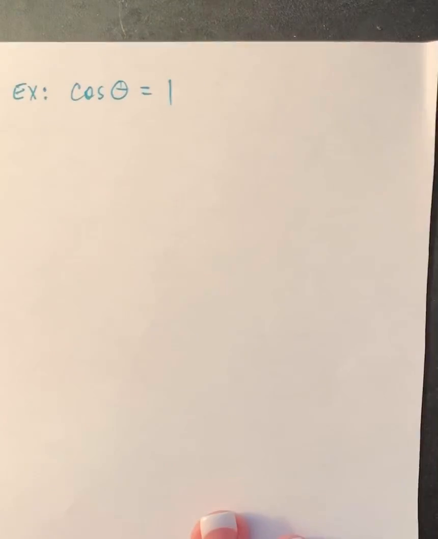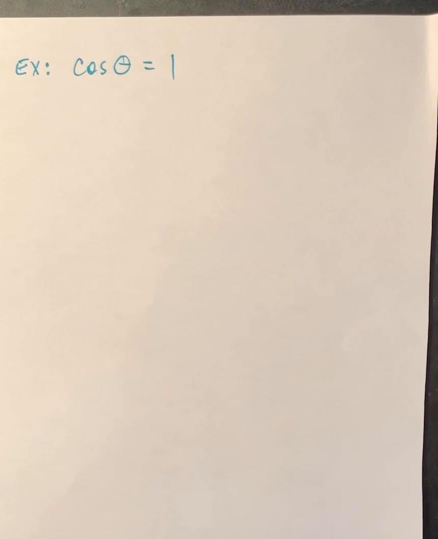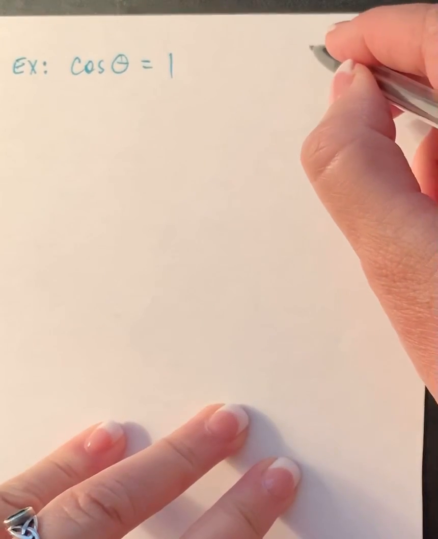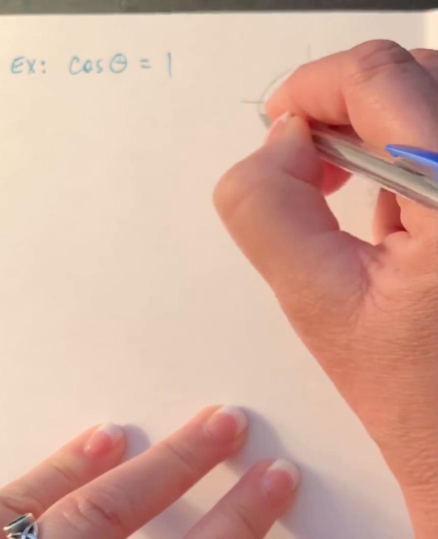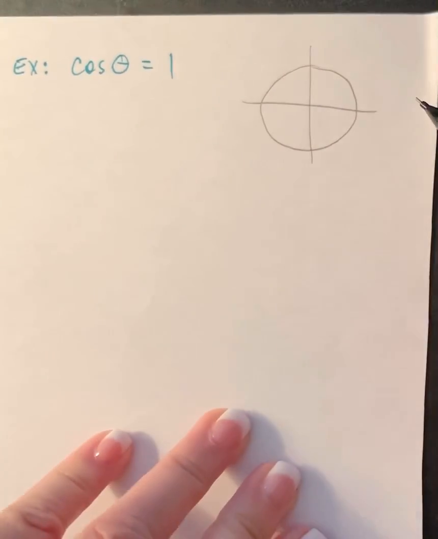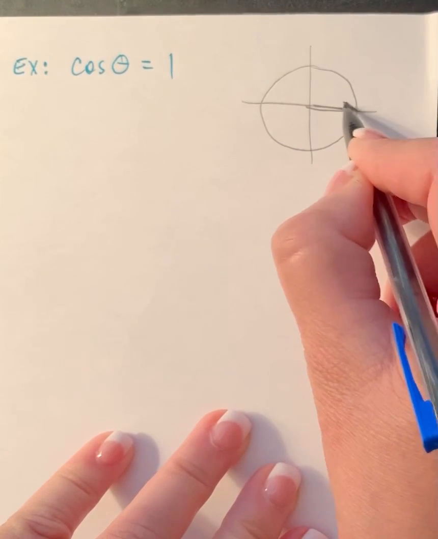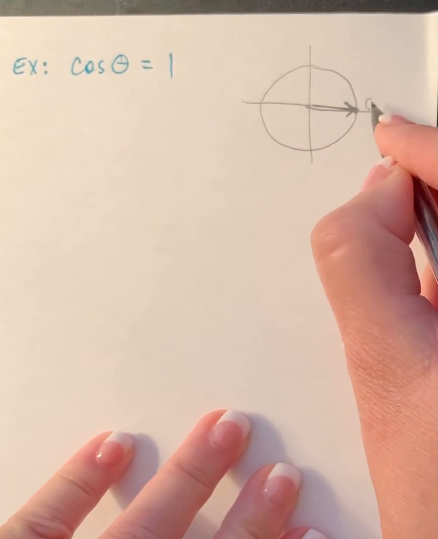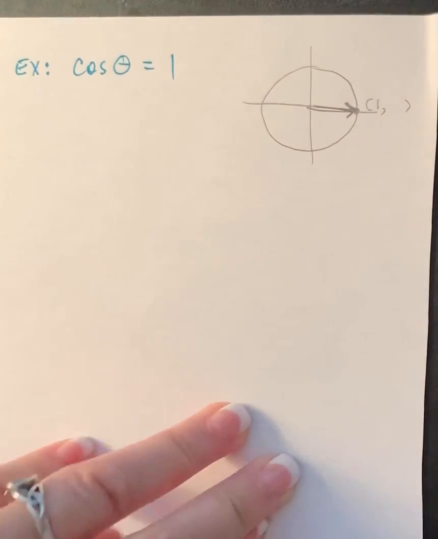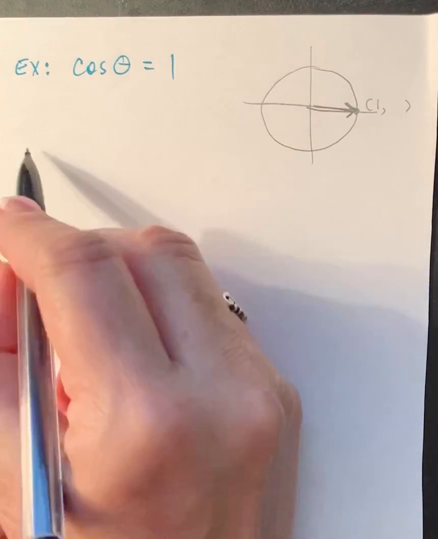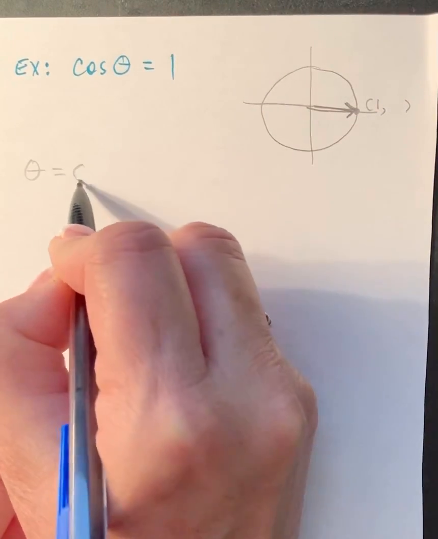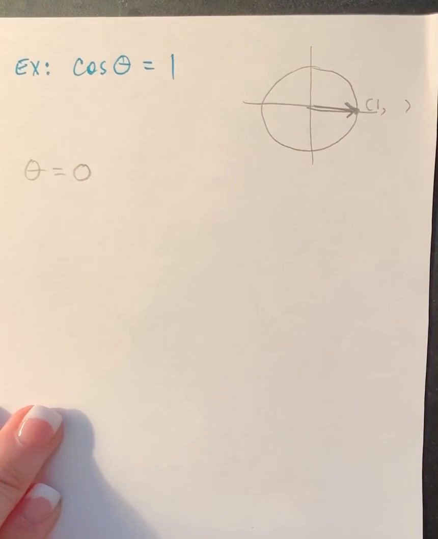Okay, let's try another one. This one says to solve the cosine of theta being equal to 1. All right, so if we think about where that would happen, the cosine of theta is equal to 1 at 0. If this is the terminal side, the point right here has an x-coordinate equal to 1. All right, so theta could equal 0,